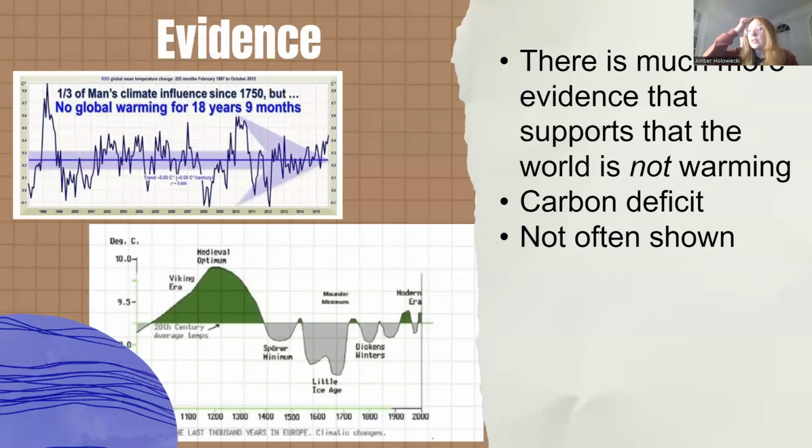And also the great pause is another thing that the consensus view argues against. The minority view says that we are in a great pause. Well, we were in a great pause from about 1998 to 2016. Temperatures were essentially consistent. They never really changed. And even if they were rising, it was so minuscule that it didn't really matter. And at the bottom, you can see the medieval warm period over there on the left. And on the right was the modern era, which is what we're currently in. If temperatures were increasing, it is so minuscule